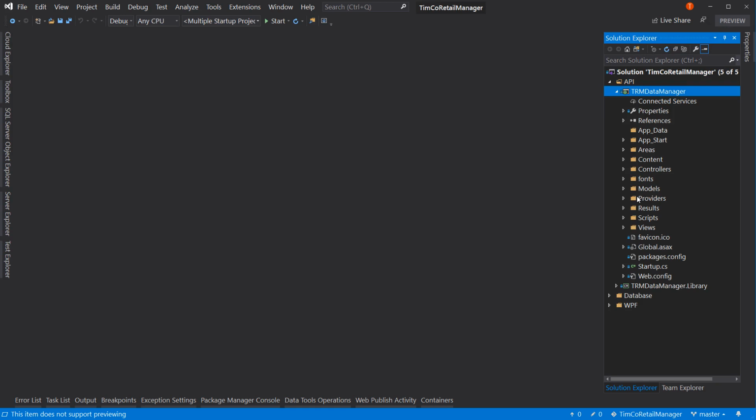Now, we could remove this project from our solution. We could move it somewhere else on disk. We could open up the CS proj file in a different solution explorer and then create the same named project. I'm not going to go that far. Instead, what I'm going to do is create a new project with a new name. And that's okay. It's up to you if you want to do a new name or the same project and just move this project out first. I prefer a new name because of the fact that it's